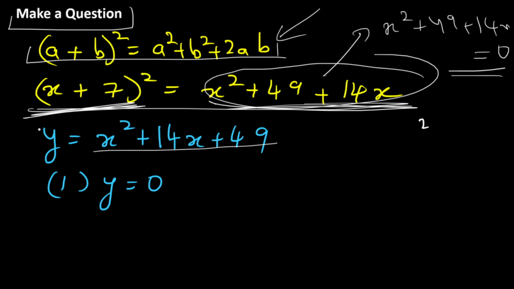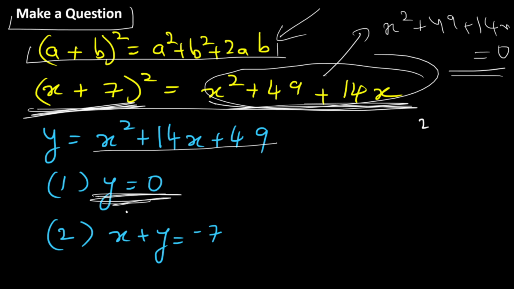I know that x is equal to minus 7 is a solution, right? Now, if I just put y is equal to 0, then x plus y would be equal to minus 7, right? Why is that so? Over here, we have seen that (x plus 7) the whole square is equal to 0 when you take y as 0, right? So x is equal to minus 7 is a solution. And I'm just putting y equal to 0 from this part over here. So when I'm adding these two, I'm getting minus 7. So that's how they form the second statement over here, right? So x plus y is equal to minus 7.